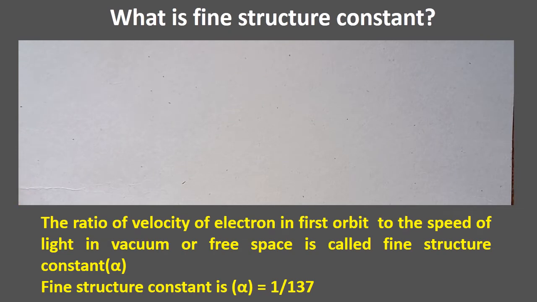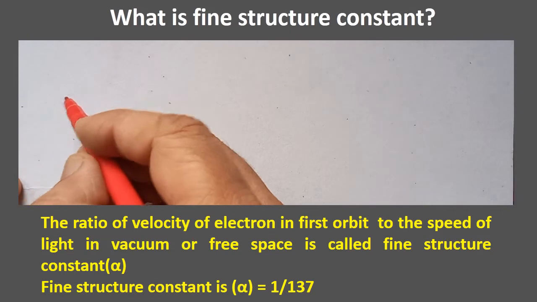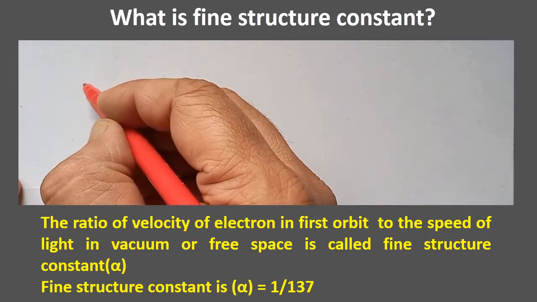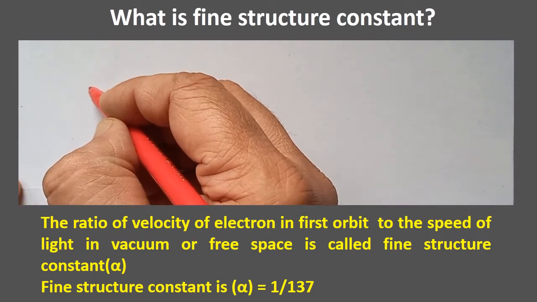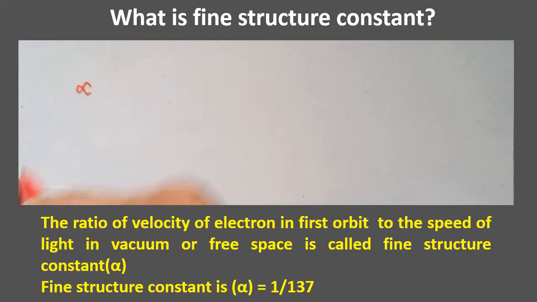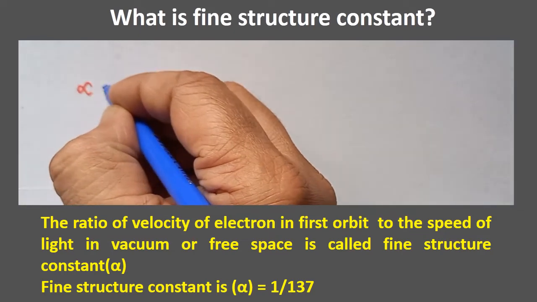Now we are going to see one of the important constants in the Bohr atom model, the fine structure constant. The fine structure constant is represented by the letter alpha. Now I am going to write the formula for alpha. There are two formulae. The first formula is